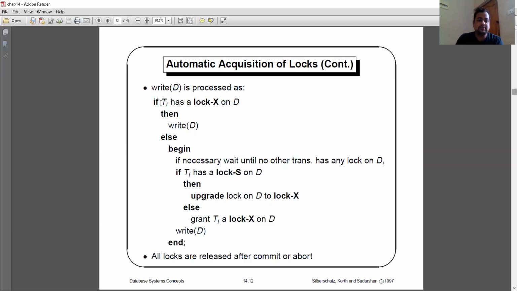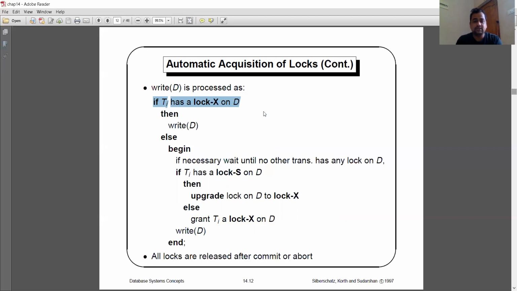So if transaction Ti has an X lock on data item D, what is the meaning of that? Let my data item be D and my transaction be Ti. I have to put an exclusive lock on data item D. If I put an exclusive lock on data item D, that means the data item D is free.